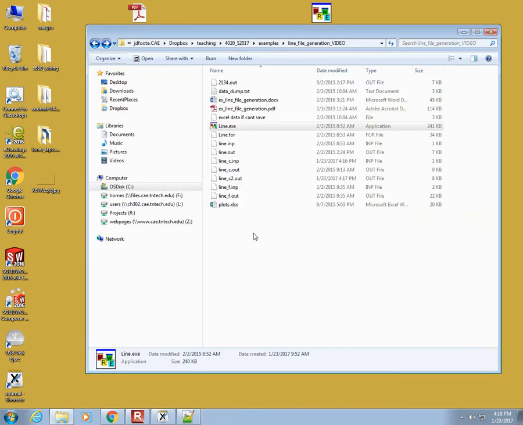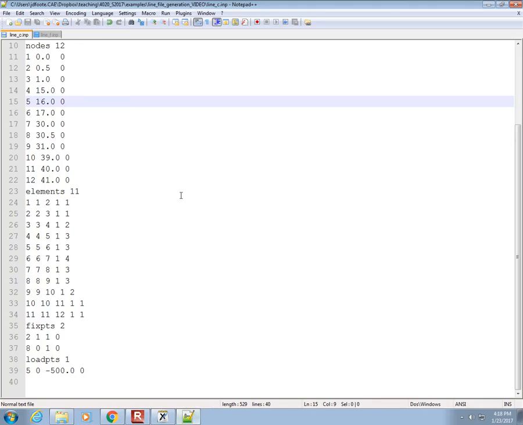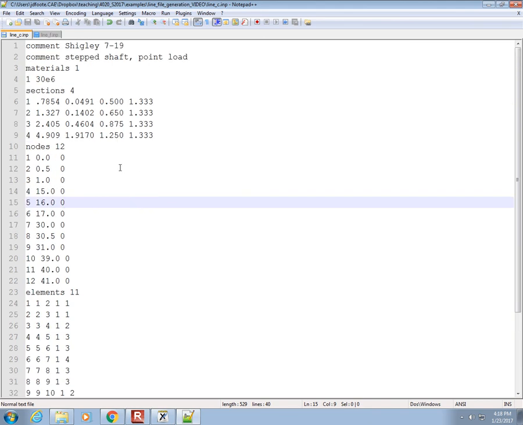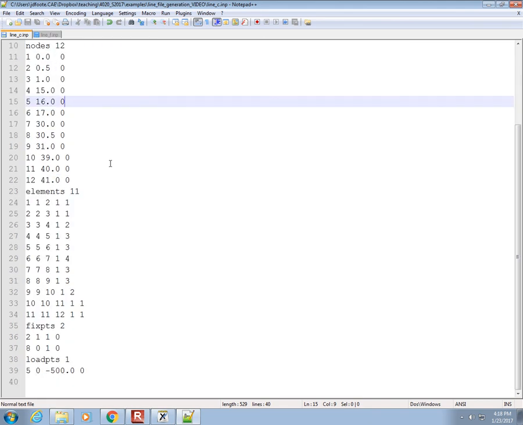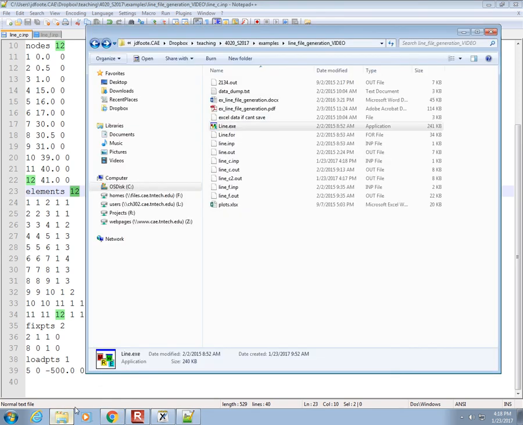Before we talk about results, let's see what it looks like when everything does not work fine. So I'm going to introduce an error into this, and I'll tell you one of the most common errors that happens is there's a mismatch between the number of elements or nodes or load points, etc. that should be there and the number that actually are. So right now it's looking for 12 elements, but I have only 11 defined. So if I save this and run it again,